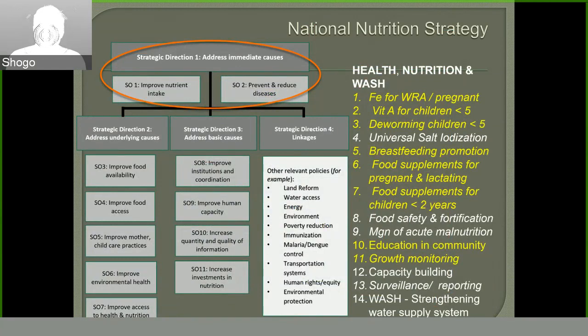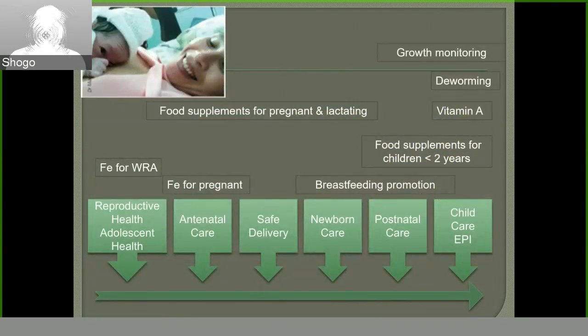So I have put some of the 14 services on top of the existing delivery platform. And for example, we can see newborn care. There's already